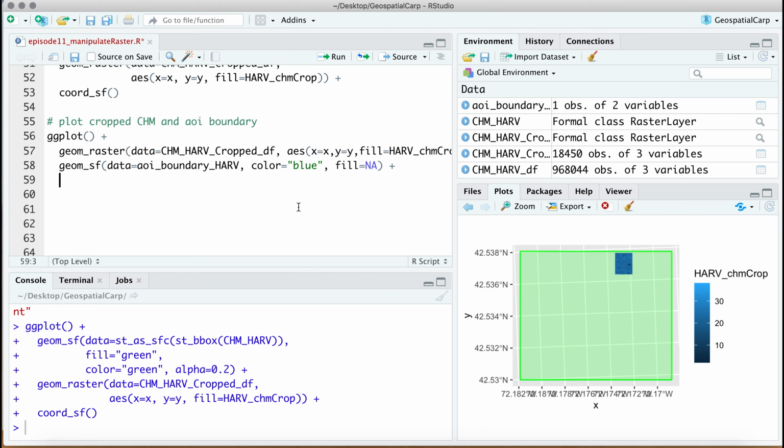And then we want to make this look a little bit prettier. So we're going to assign a custom fill or custom gradient for our Harvard CHM. So rather than having this gradient of light blue to black, we're going to use the terrain colors. And to set these custom terrain colors, we're going to use the function scale_fill_gradientn. This will also allow us to change the title of the legend here. So within the scale_fill_gradientn, we'll define the name of the legend, and we'll also give it the